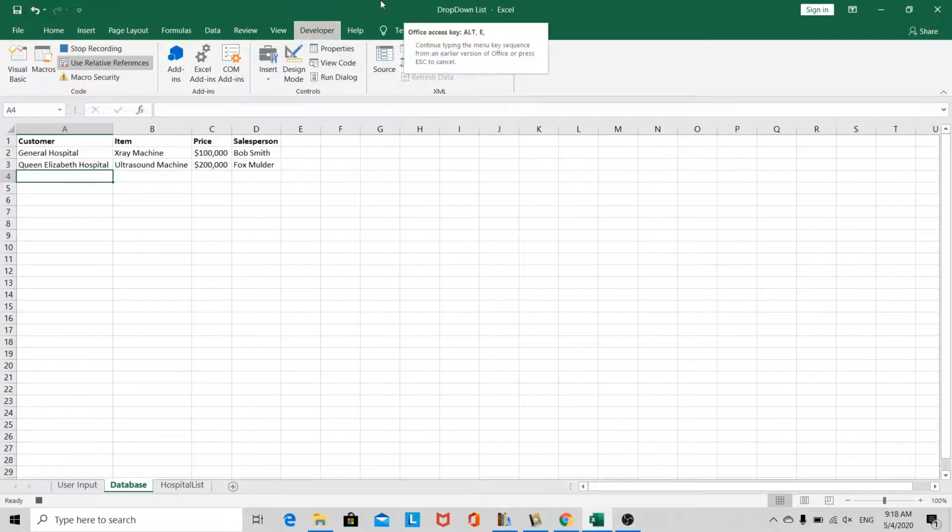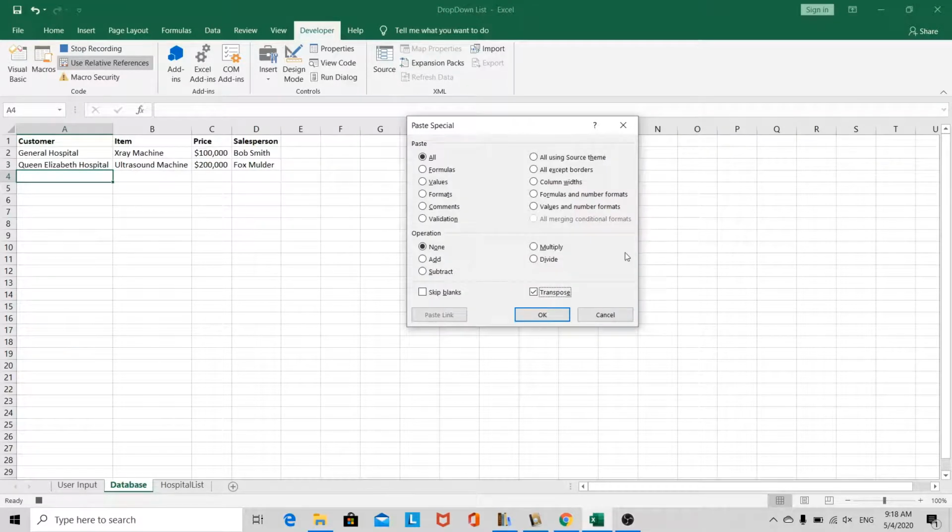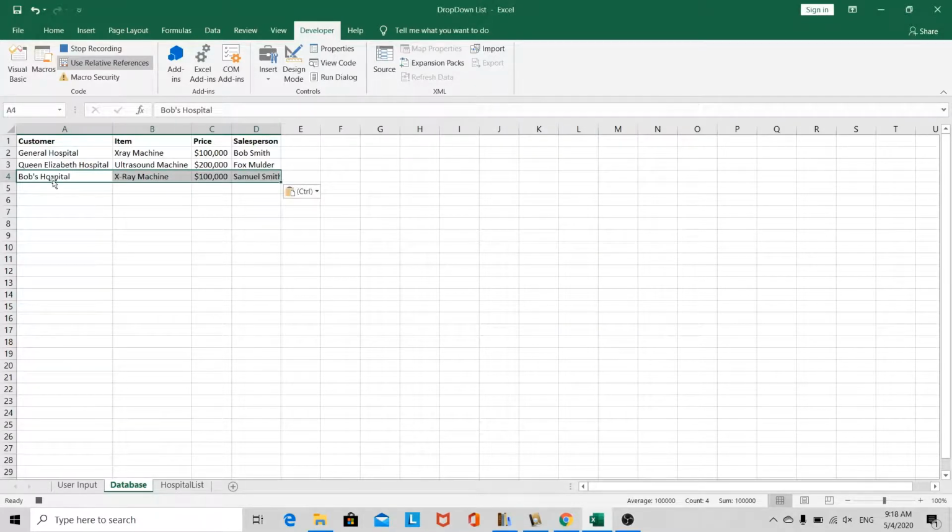And now we're going to paste special. In this case, we can do a paste special transpose. Hit OK. As you can see, our data is pasted nicely in the last row, and no data was overwritten because of this. So we can go stop our recording now,